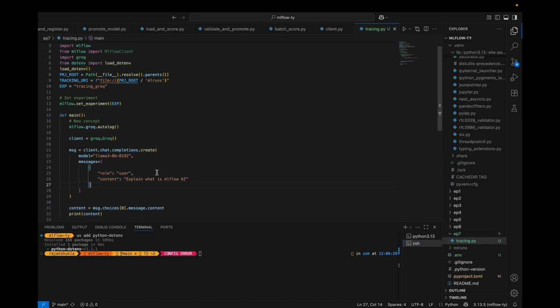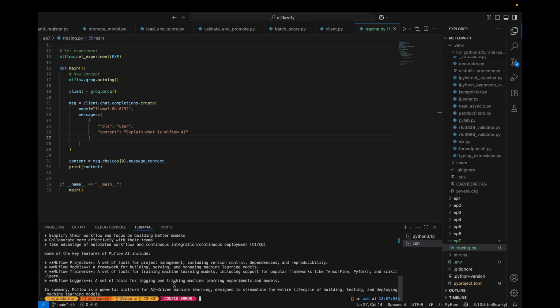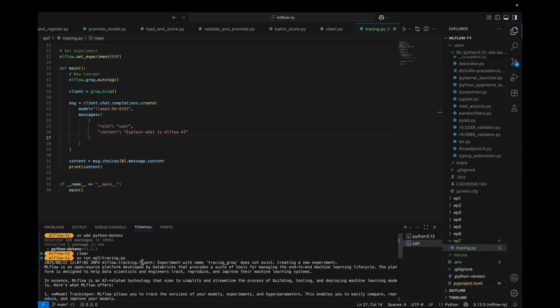So this will set the API key and we should be able to run this code. So let's run episode 7 tracing. Yeah, so you can see